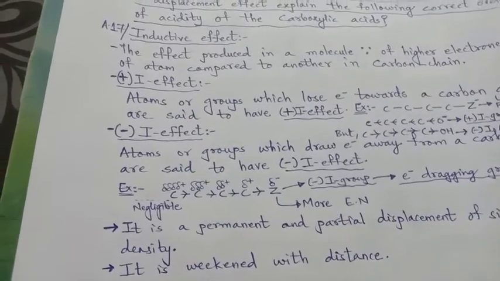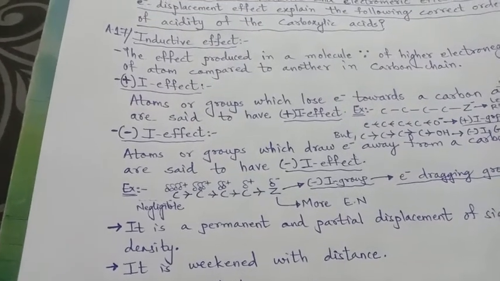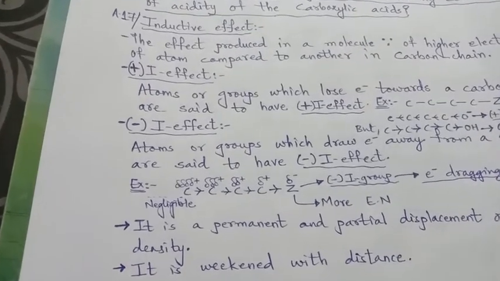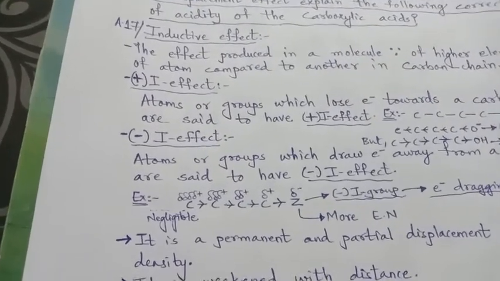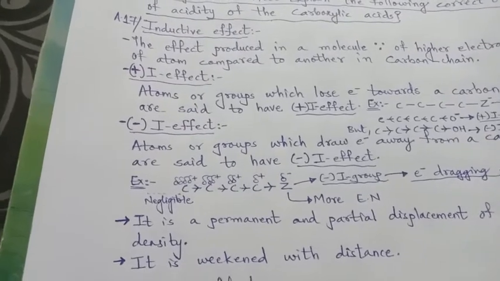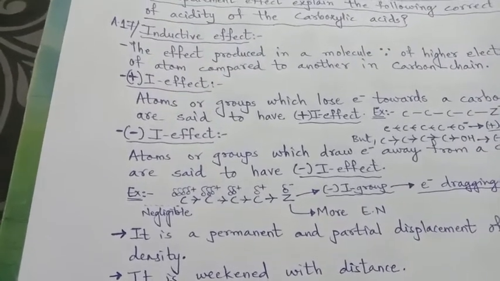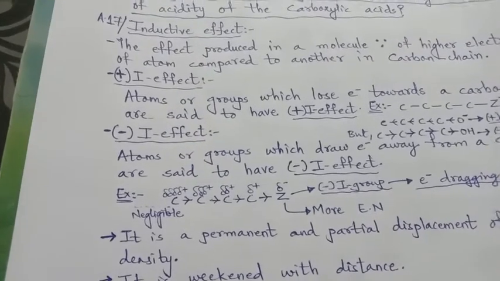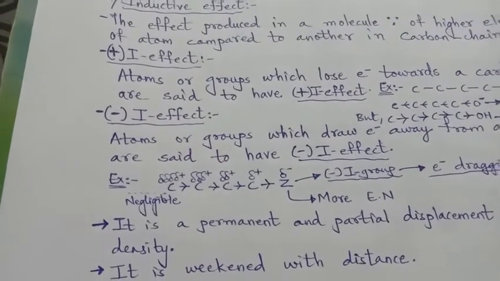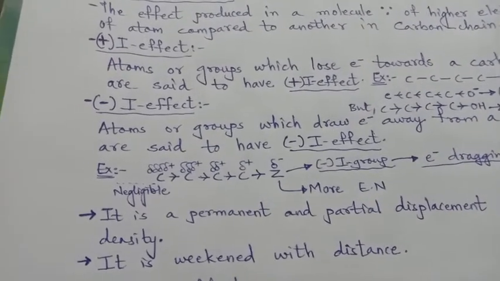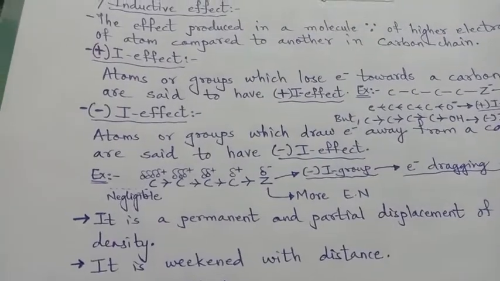it's also too hot. So what happened? The heat has been conducted by that front portion and it is now induced from front up to the last. This is how the dragging of electrons from first up to the last, that is throughout the compound, takes place. That is the inductive effect.